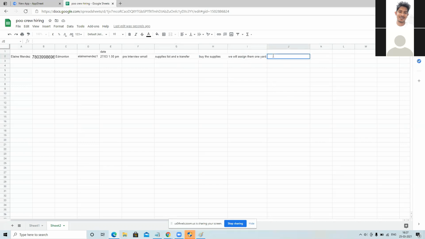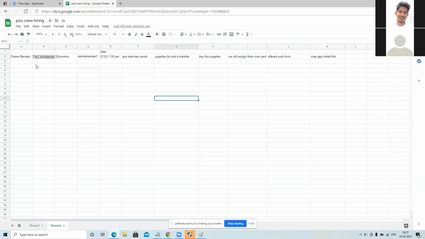After that we send them the offered work form, and also the crap app install link. It should be like buttons. If I click on one button, this offered work form email should be sent to this email address, and one button for the crap app install link sent to the email address. For assigning the yard, there should be one field in which I will manually put in the address and then click the send button, and then the yard address must be sent to this email address. So it should go like a funnel.